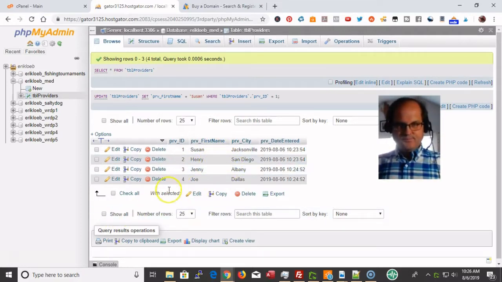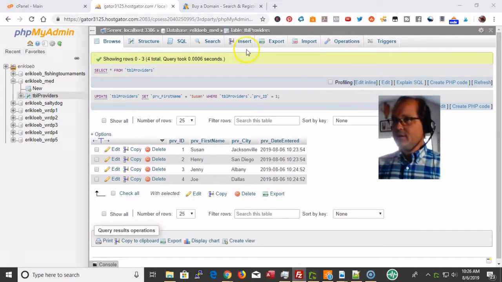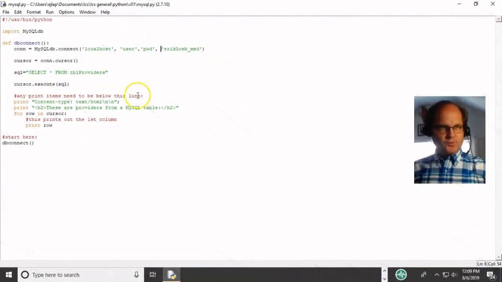Okay, great. Now the last thing we're going to do is create a MySQL form on our Python website that shows this list. So we're going to make a connector. So let's go on out and I use FileZilla, and okay, so we're editing now the MySQL Python file,